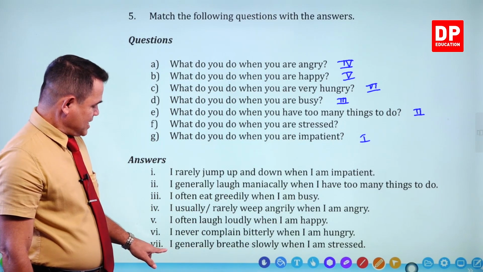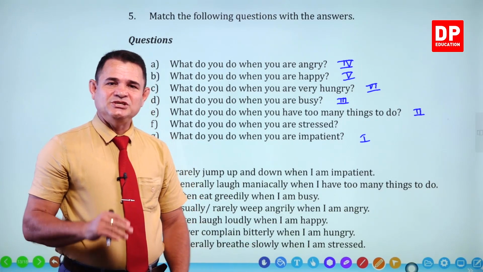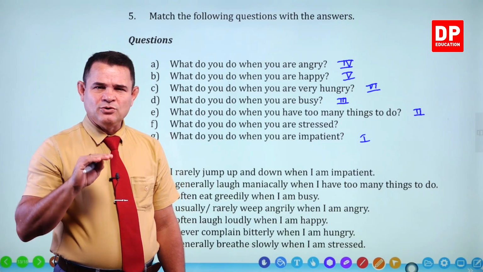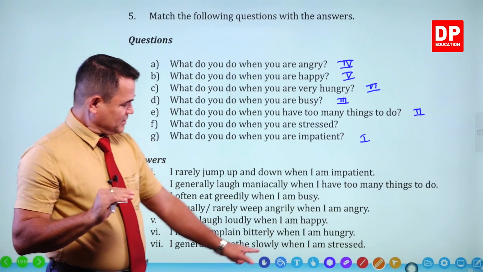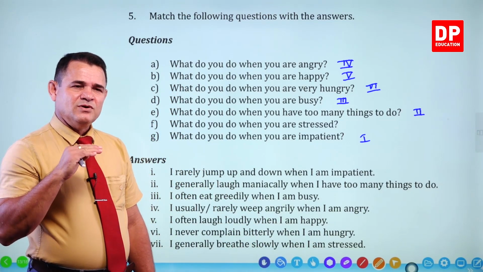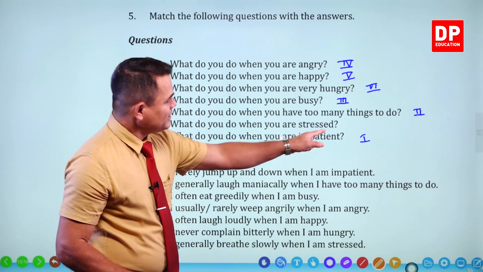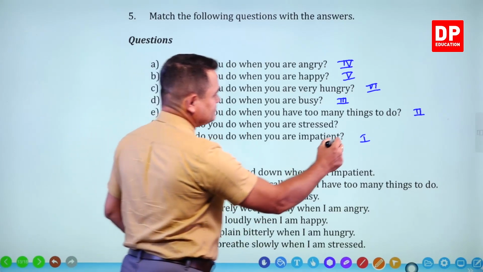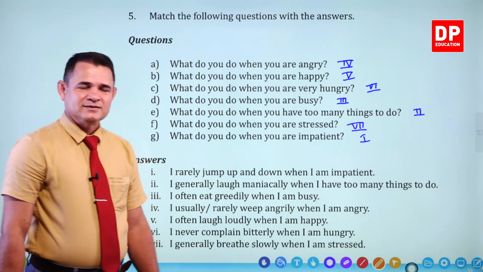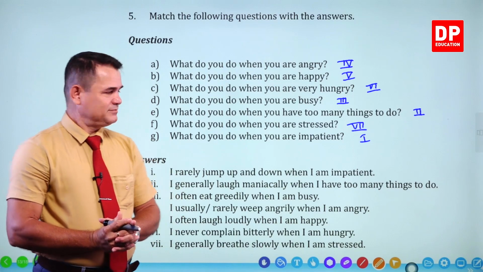And the last one, I generally breathe slowly when I'm stressed. Now this one remaining, stressed. So I hope that you could match it well. And